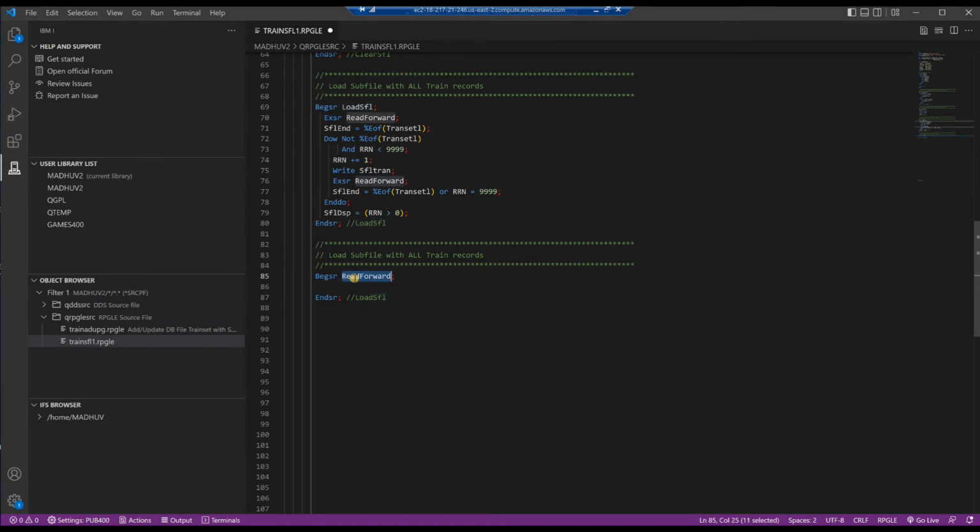Highlight, copy the subroutine name, paste it in the end subroutine line as a comment so we know which subroutine ends in this end subroutine line. Within the subroutine, read forward. If center no equals *blank, meaning user did not input any specific center name. This if needs an endif; We just read the next record from the logical file TRANSETL;